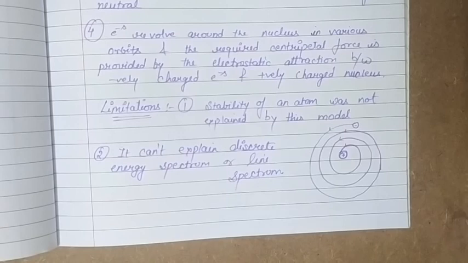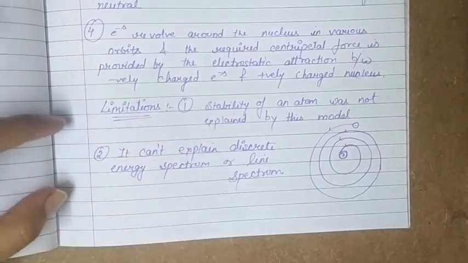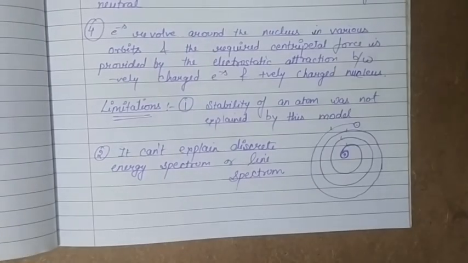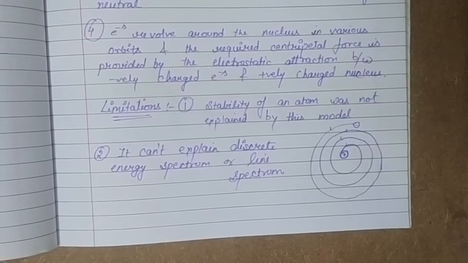That's why this model was discarded, because of these two drawbacks, which were later corrected in Bohr's model of the atom. The next thing we are going to study is Bohr's model of an atom, in which he sorted out